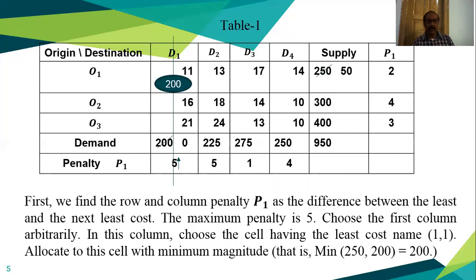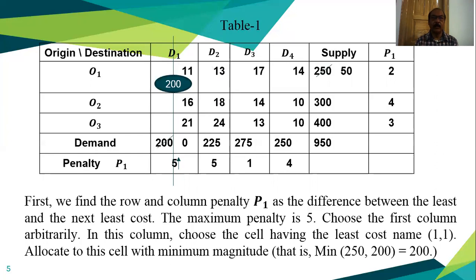I already said we consider the one which gives the minimum cost. If we consider this 5, in this column 11 is the minimum cost. If we consider this 5, we get 13 as the minimum cost. So instead of considering 13, it is better to consider 11,